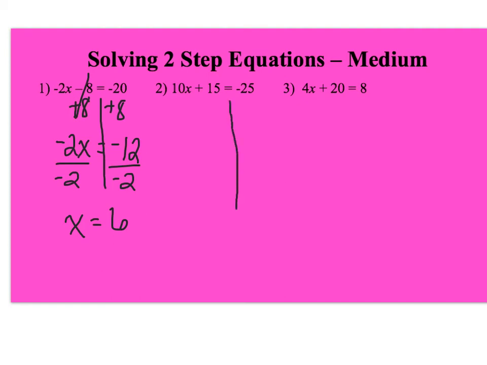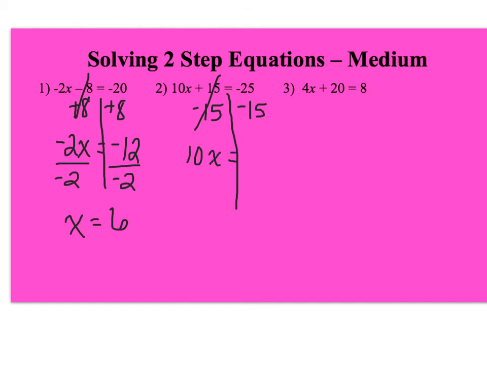All right, so I'm going to get rid of that 15 first. It's the constant. I'm going to do the opposite and subtract 15 from both sides. They cancel out. I'm left with 10x equals